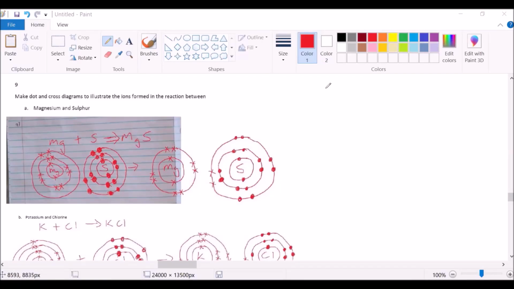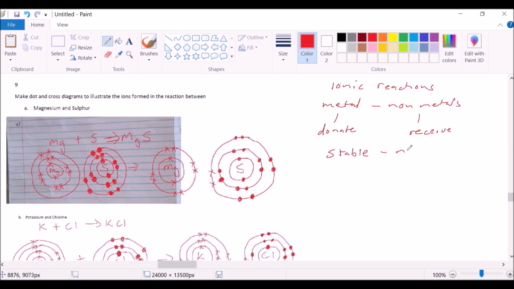Now let's look at this question on ionic reactions. Ionic reactions occur between metals and non-metals. Metals donate electrons and non-metals receive electrons. The idea is that all atoms want to be stable, like noble gases close to them, and have full outer